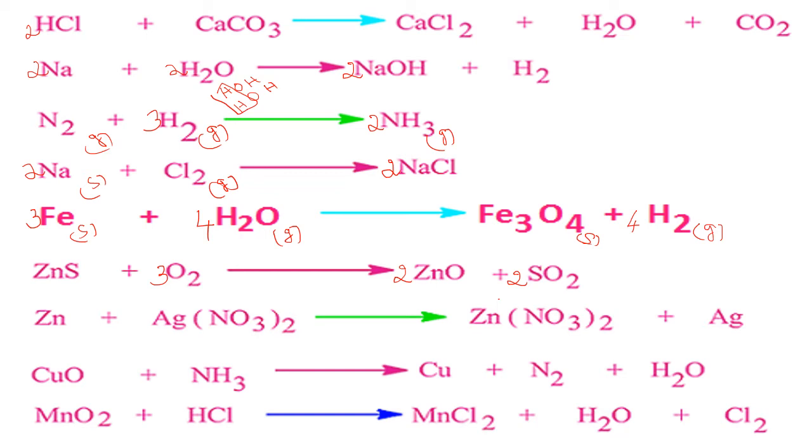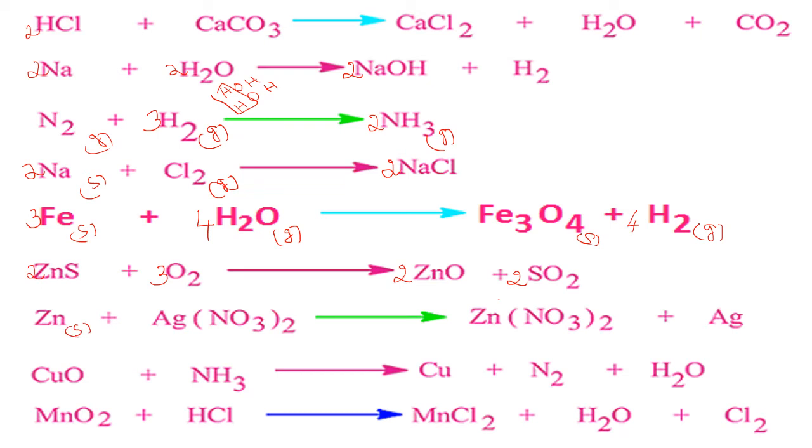Now what happened? You see it has become 2S. So you have to write 2 here. Now you can see you have to write 2 this side also. 2ZnS combines with 3O2 to form 2ZnO. Zn is 2, S is 2, oxygen is 6, 3 into 2, 6. This side also 2 plus 4, 6. Now it is balanced.